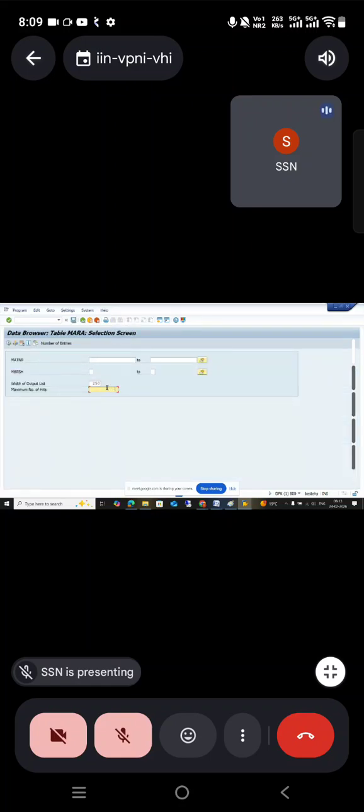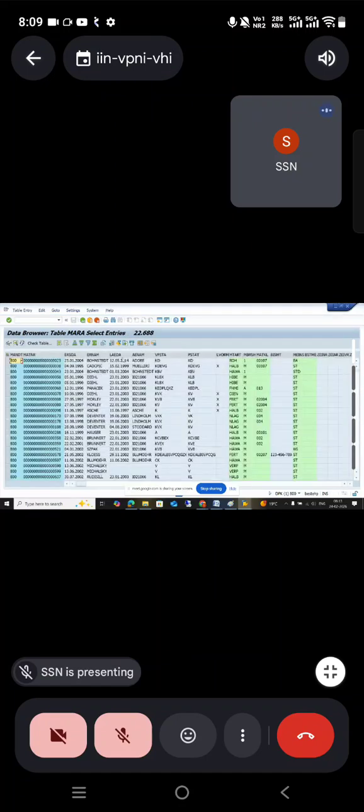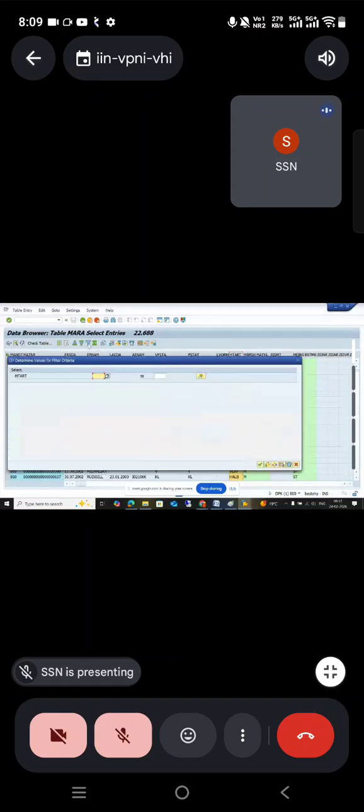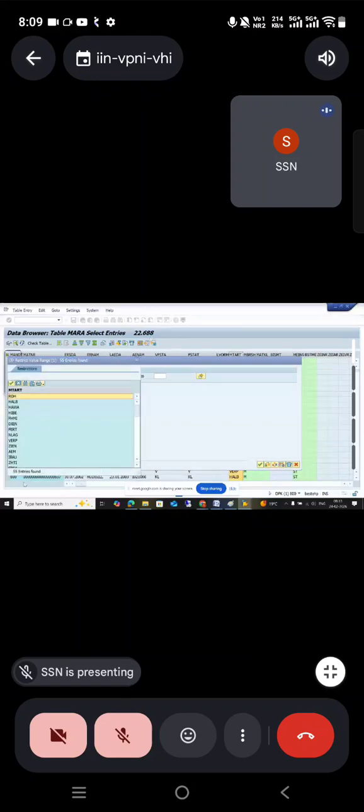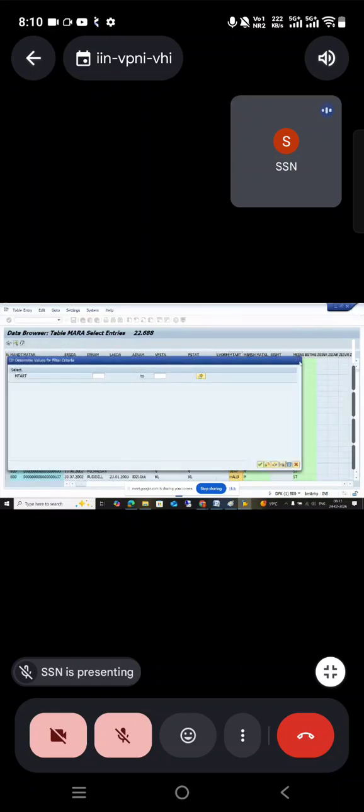I'm just removing the number of hits. Material only the unique information. Correct? If you go for the remaining fields, say I'm just having that MTRT, material type. How many material types are there? You can see 22,000. These are the material count. 55 are the material types. Correct? So it means you always have duplicate data in the master tables and